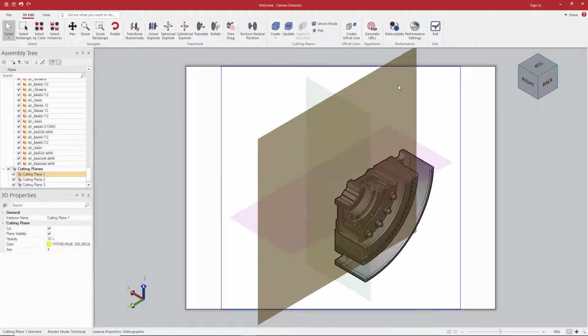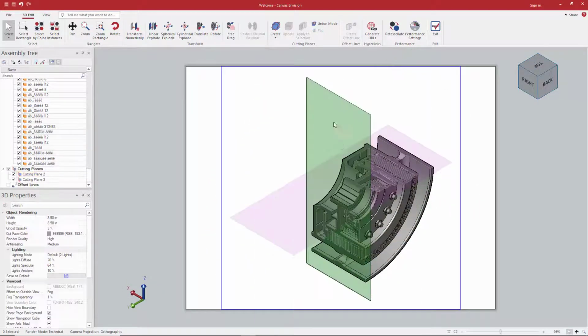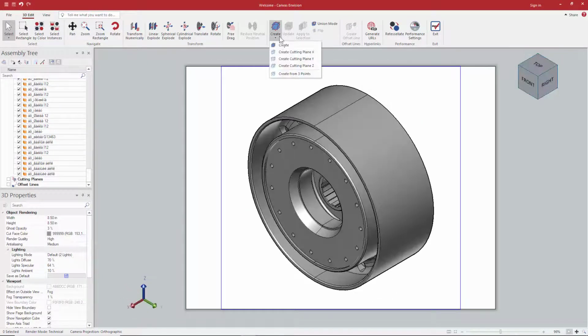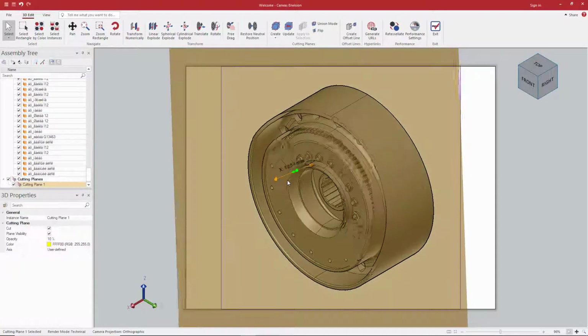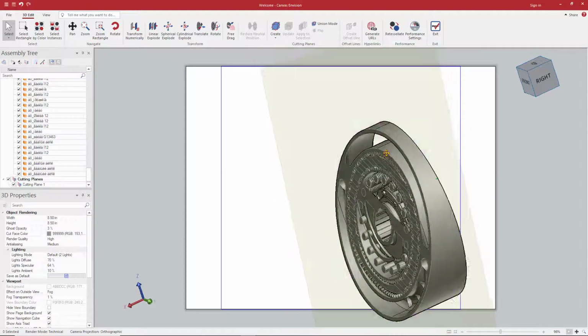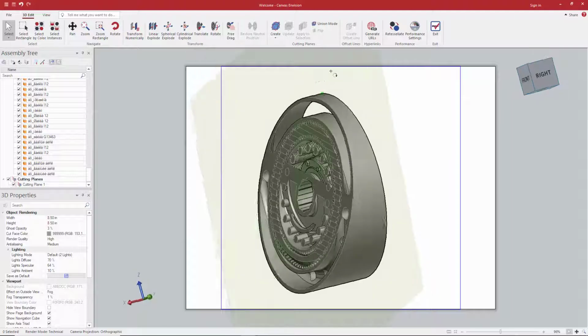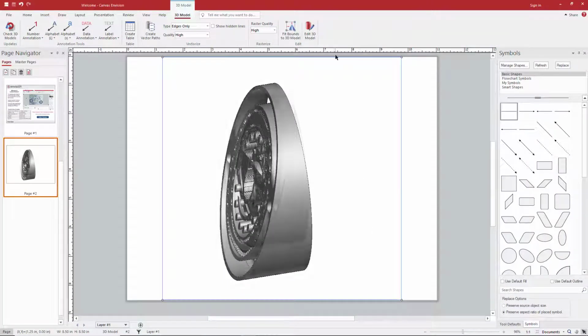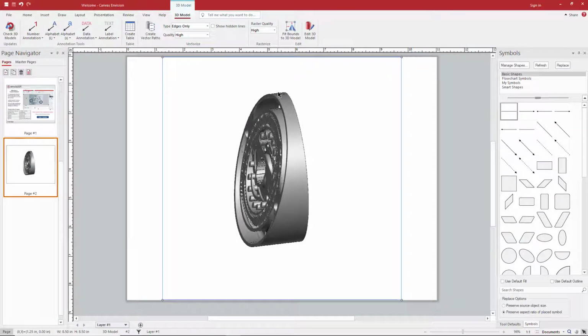This allows you to select 3 independent points on your model and create a plane that crosses all 3 points at the same time. I will select the tool and click 3 times on my model like so. After the third selection, the plane will be created based on those 3 point locations on the model. Note that exiting the 3D graphical user interface will not display the cutting planes, but if I wanted to hide a plane in the graphical user interface, I can do so in the 3D properties pane.